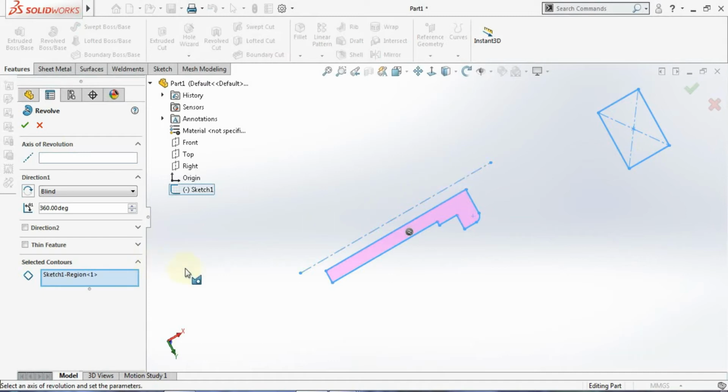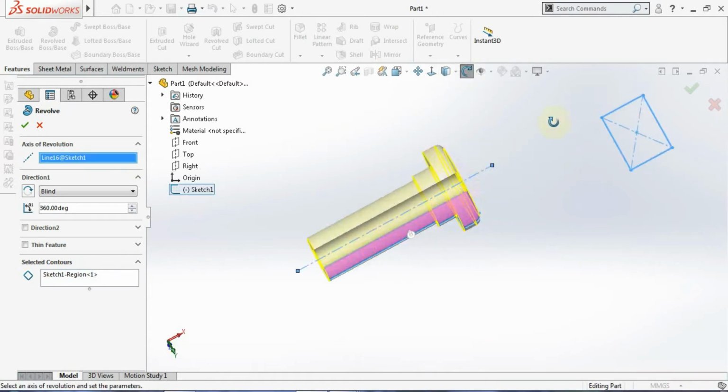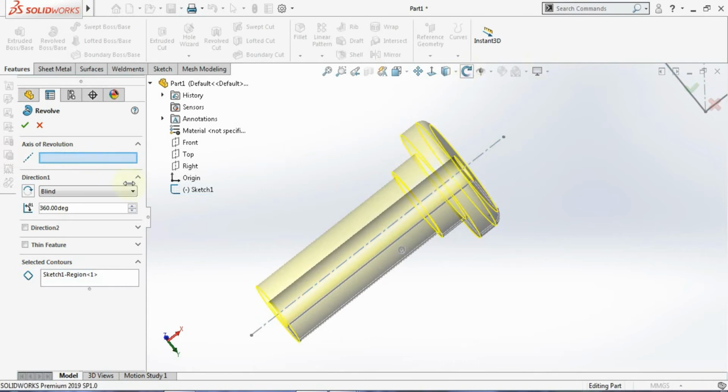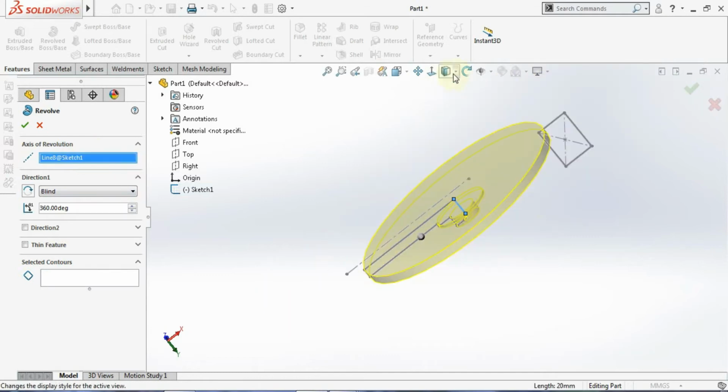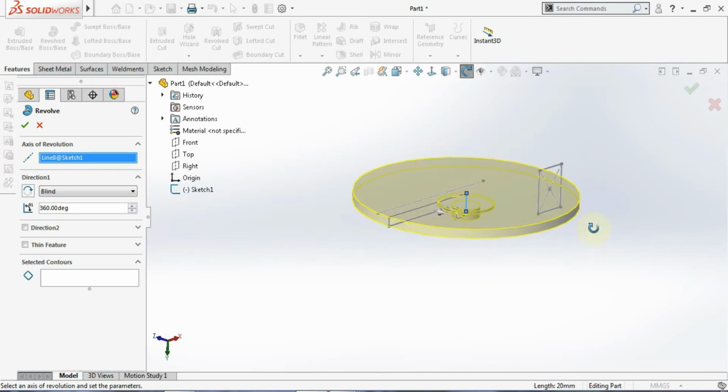Now this time I'll be choosing this component as an axis of revolution. Now you can see this component will come out hollow. The shape depends on the axis of revolution also. Now if you see here, I'll just uncheck this. If you select this as the axis of revolution, I'll click on this and take this line as an axis of revolution. Now you can see your shape is getting changed. Hope you have understood. Now I will show you other options here.